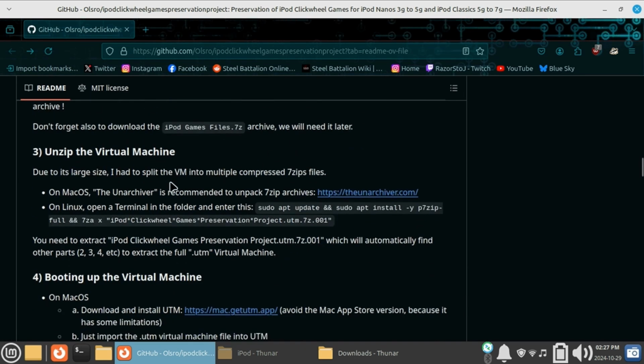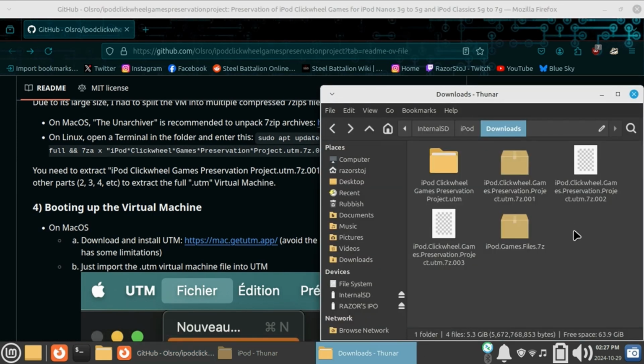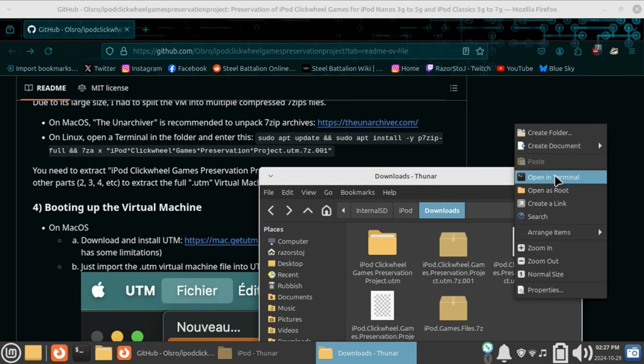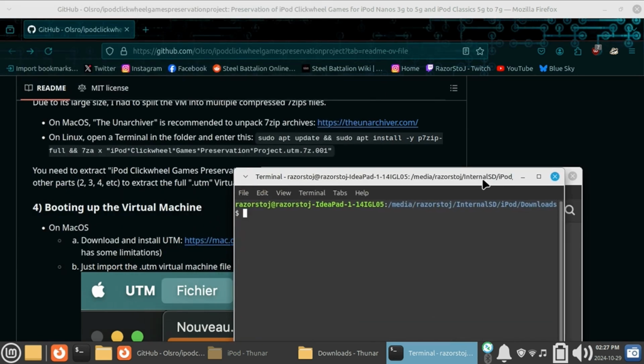So scrolling down a bit, unzip the virtual machine. This is the next step. So the way I like to unzip things with the terminal is I will just right click in the folder where the files are and then click open terminal. Alright, from the open terminal part we can just type it out. So sudo apt update and sudo apt install -y p7zip-full